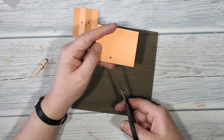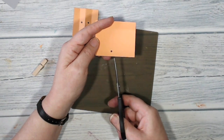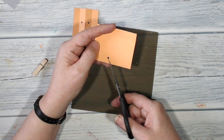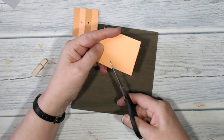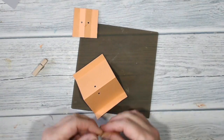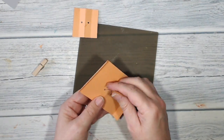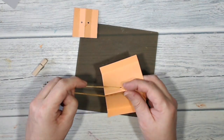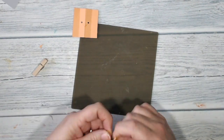Okay, now from the edge with where I've made the 1 1/4 inch mark, I'm going to just snip. So now I'm just going to snip from the mark I made at 1 1/4 inches, and I'm just going to snip down to that hole. Okay, and that is what the elastic band will fit through. So it's going to go in there just like that. Okay. Before I do that,